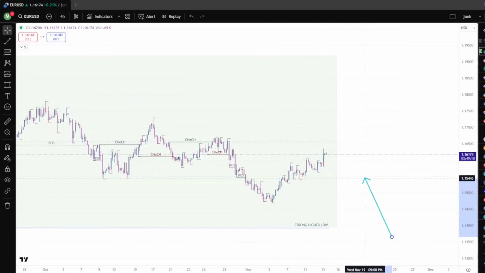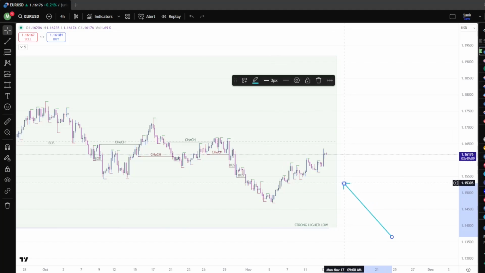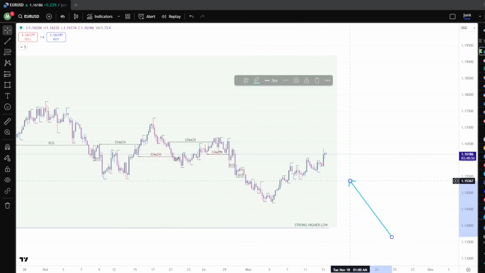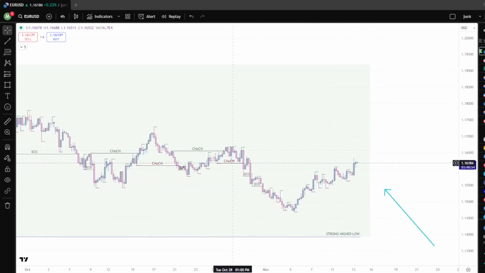It all depends on how strong the dollar is, and the dollar is getting weaker as we speak. So buyers step back in, and price started to break structure to the upside, taking out liquidity internally. Higher highs, higher lows, higher highs, higher lows, and again a higher high as of last night. And early this morning, like I said, it's back into the area of consolidation, and even on a more